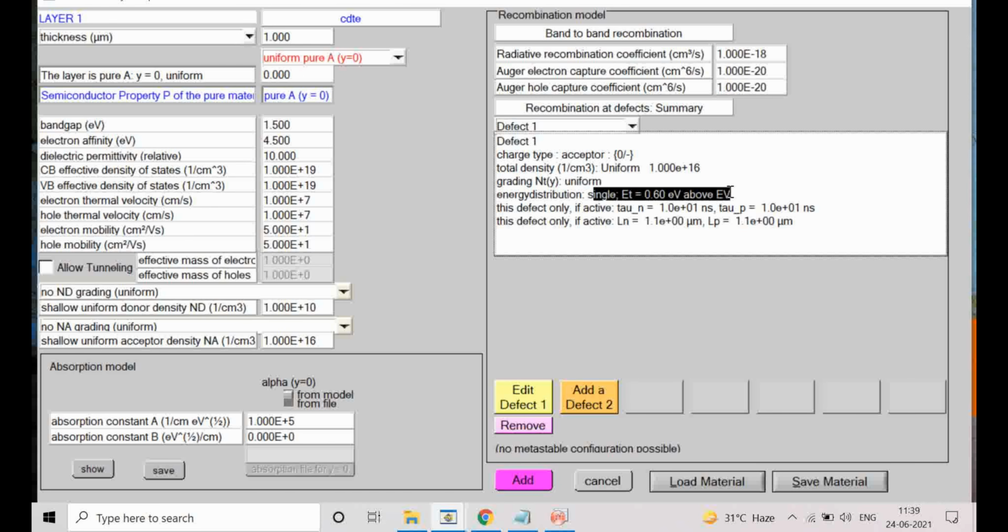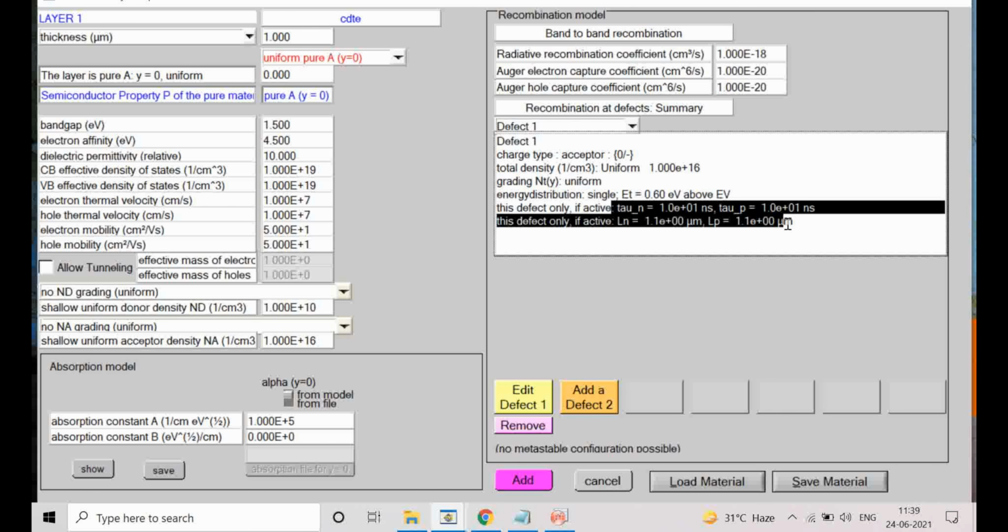ET value is given, and this defect is causing tau n, the lifetime, and mobility of electrons. It is controlling these two important parameters.